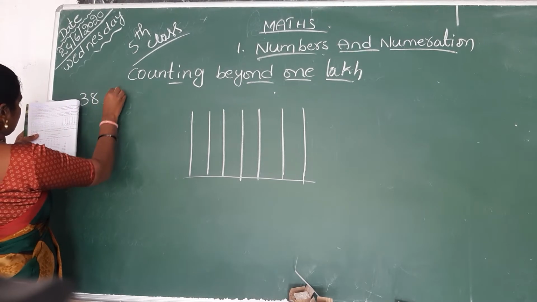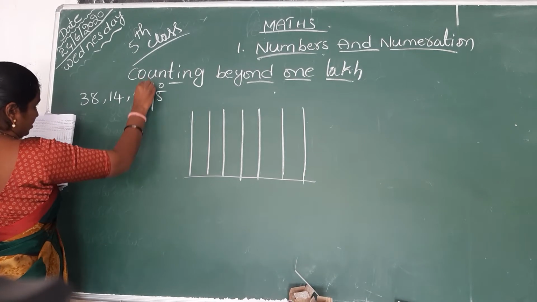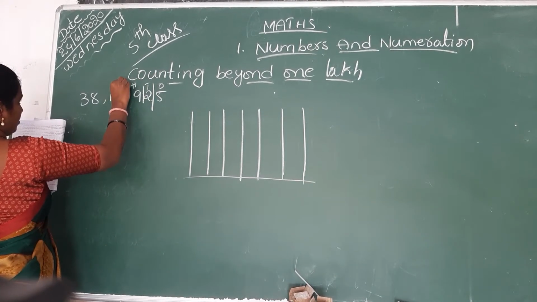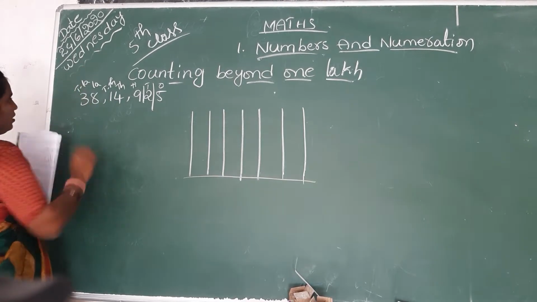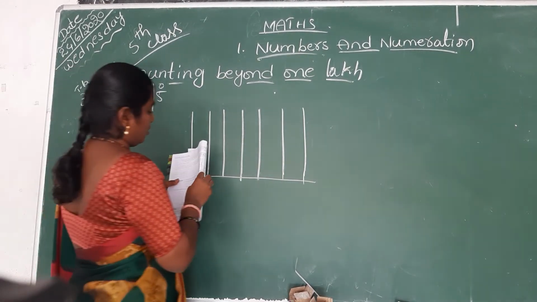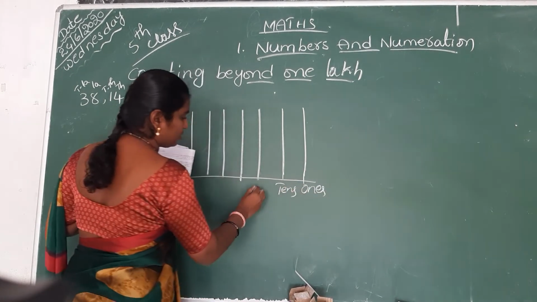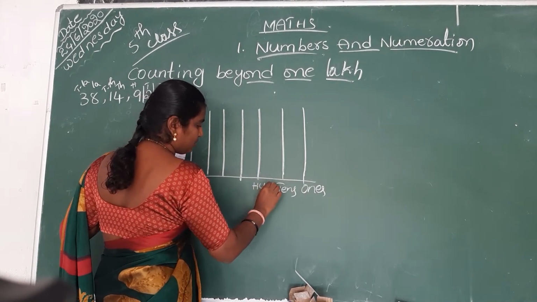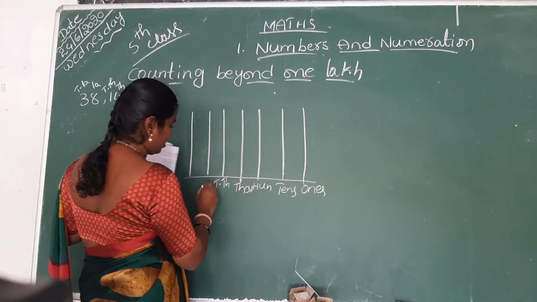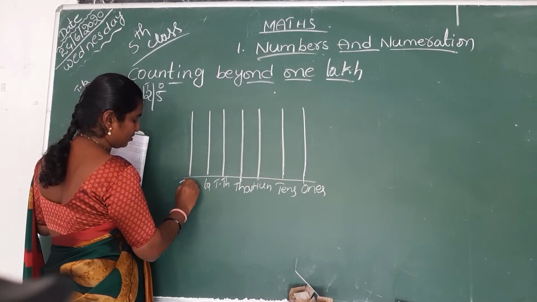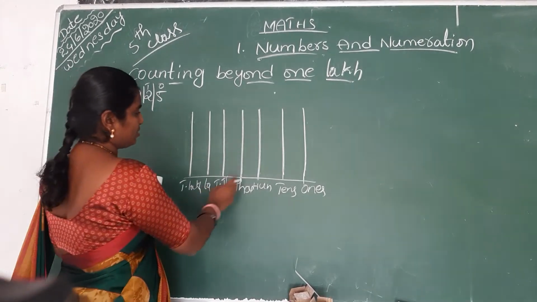Here see what is the number? 38 lakhs 14,925. Ones place, tens place, hundreds place, thousands place, 10,000s place, lakhs place, 10 lakhs place. So here this is a ones place. This one belongs to tens. This one belongs to hundreds. This line belongs to thousands, and this line belongs to 10,000s, lakhs. This line belongs to 10 lakh. So this is the abacus table.